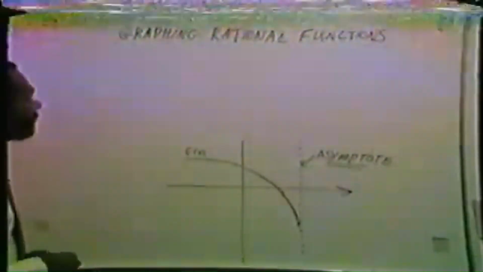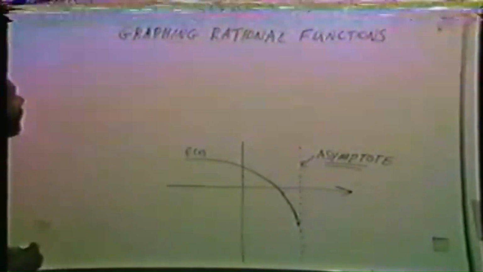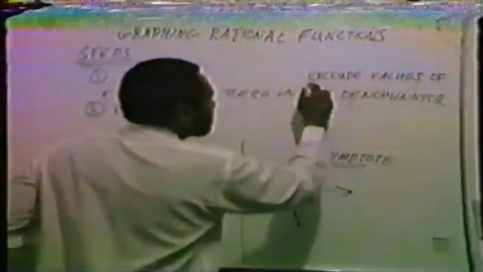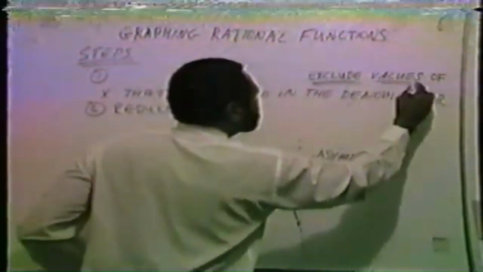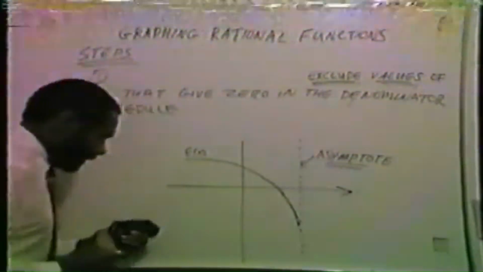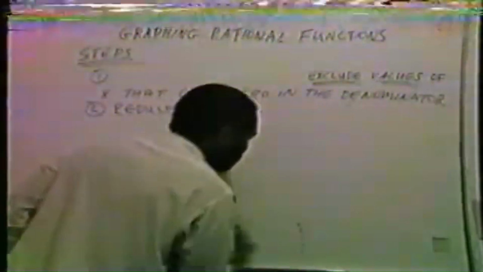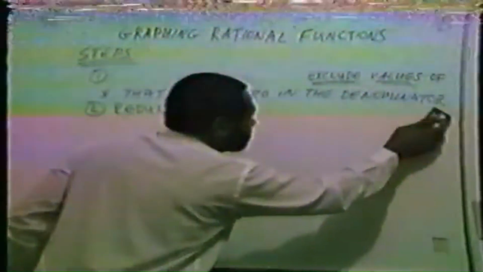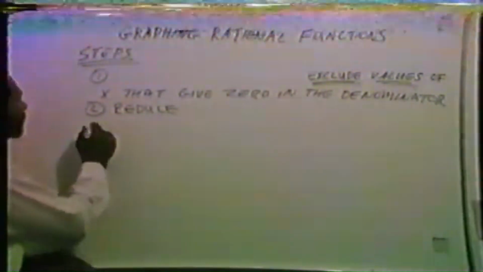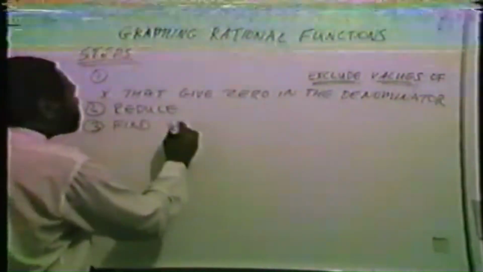Now, we need the steps involved in graphing these rational functions. First of all, step number one, exclude values of x that give 0 in the denominator, because dividing by 0 is undefined in the set of real numbers, and also in the set of complex numbers. Then you reduce. All right, then step number three, you find the vertical